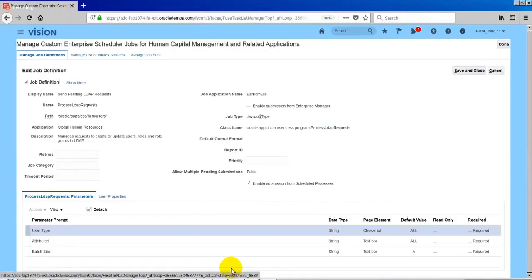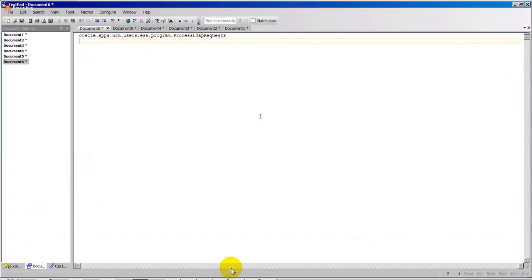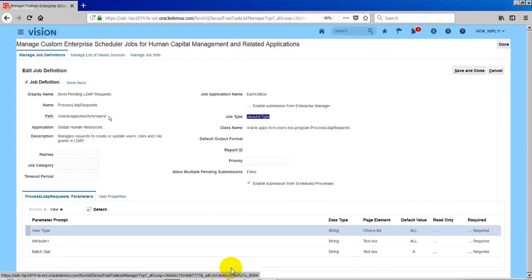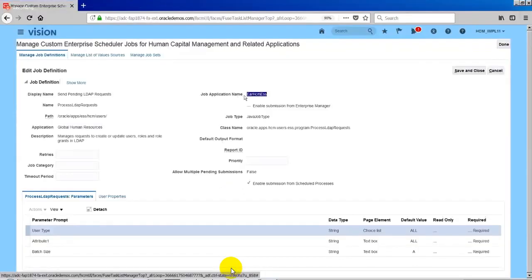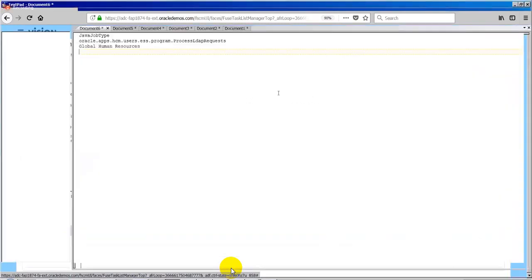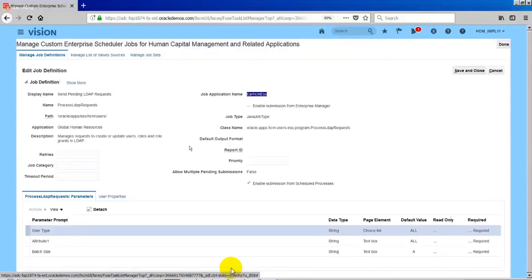I will just copy this, and I know it is a Java job type. This path I can give my own custom path because I'm going to create a custom job definition. Application is Human Resources, and the job application name, as I said, is HCM. It's an EAR file.